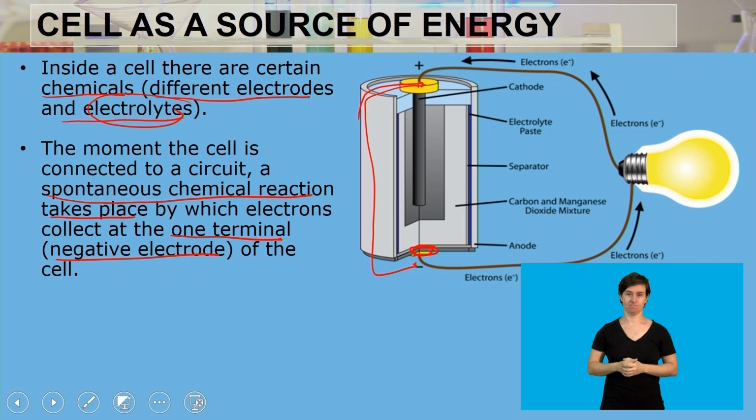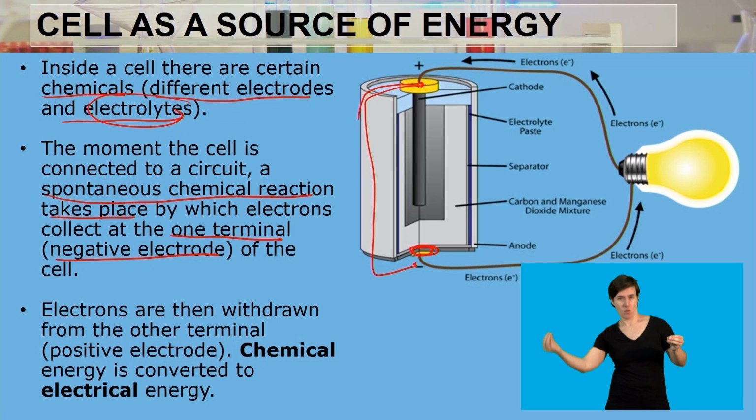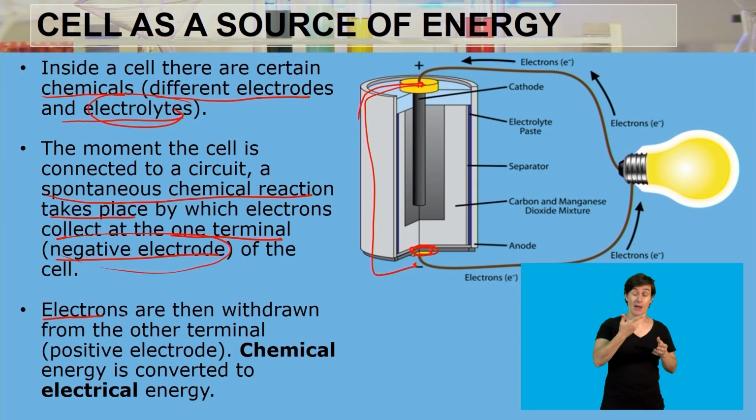And then, remember we said that once the electrons are at the negative terminal, they need to move from one terminal to the other terminal. Or in other words, they need to move from one electrode to the other electrode through the wire. So, once the electrons collect at one terminal, being the negative electrode, those electrons are then withdrawn from the other terminal, which is your positive electrode. Then chemical energy in that case will be converted to